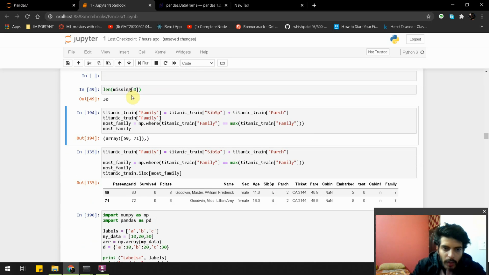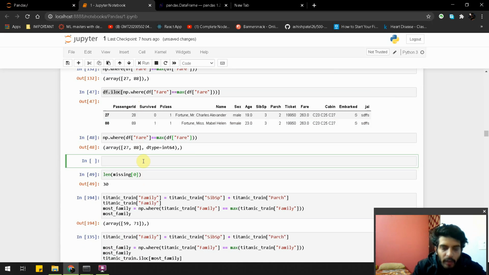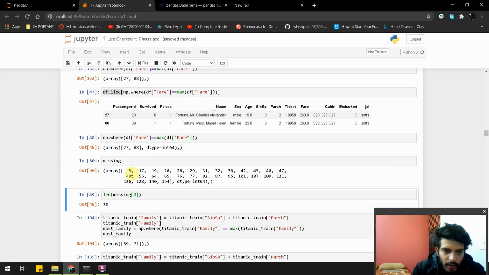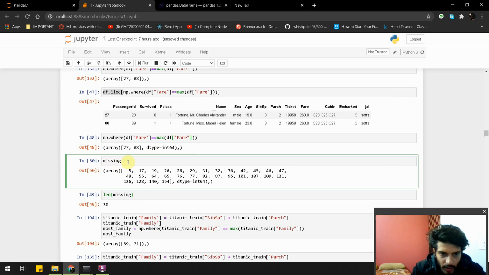We are checking the length of our missing column, that is, how many values are there in our missing variable.